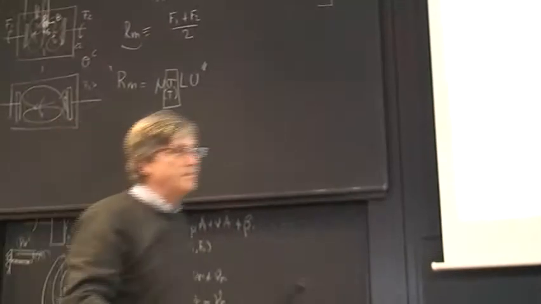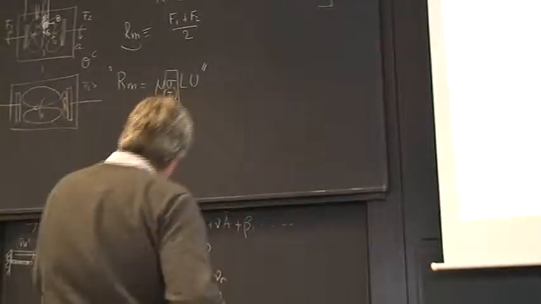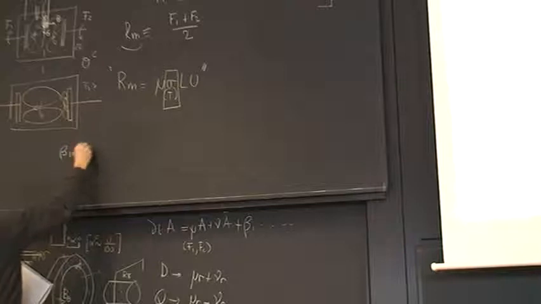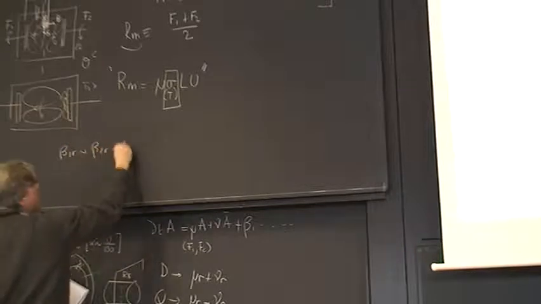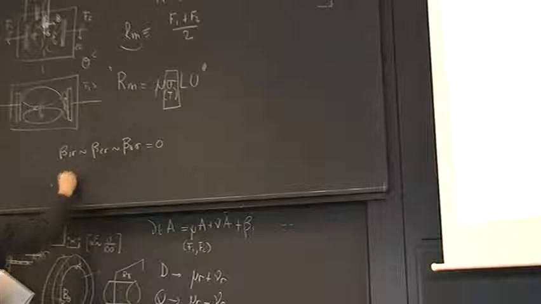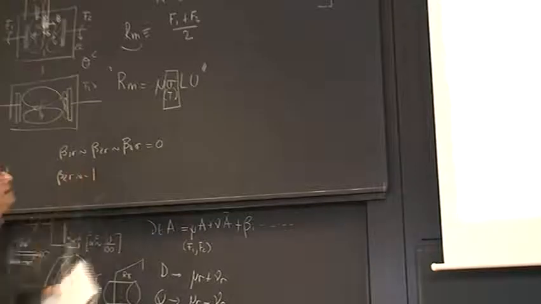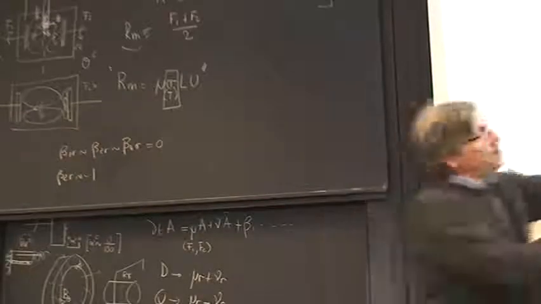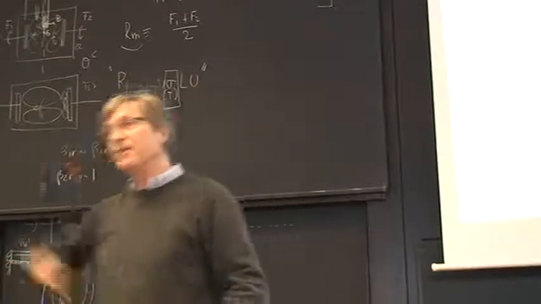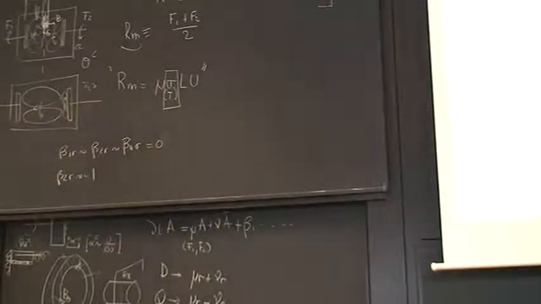So if you take the simplest case, if you try to make it as simple as possible, then assume that beta 1 real, beta 2 real, beta 4 real part are equal to 0, and you want beta 2 real part equal to minus 1, because at least you need to keep a saturation. I'm not just defining any of this. I'm cutting through that equation to get a simple behavior. All right?